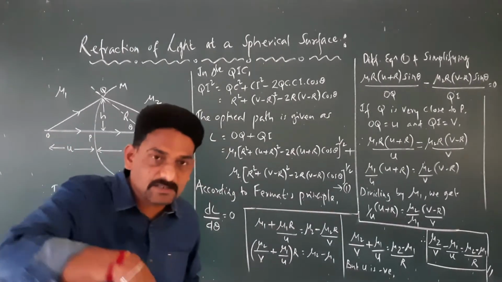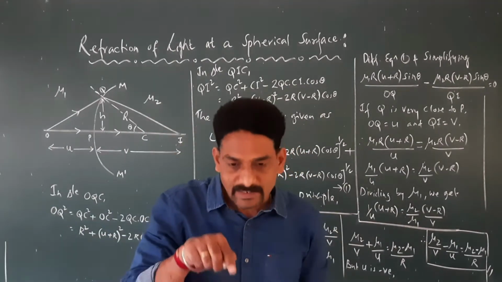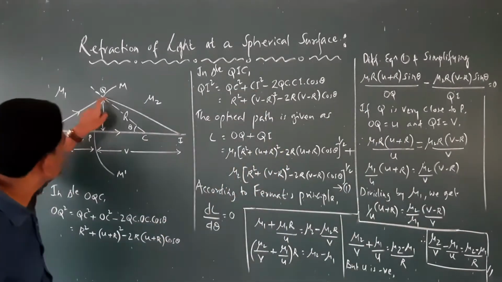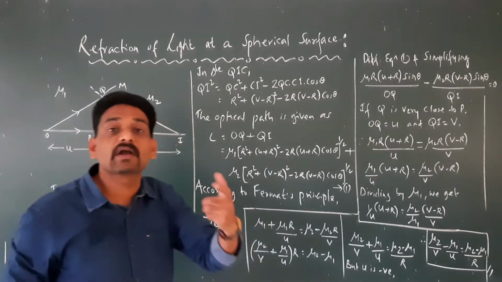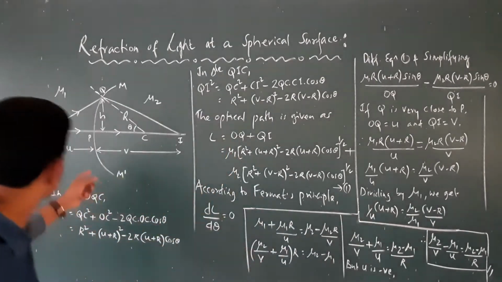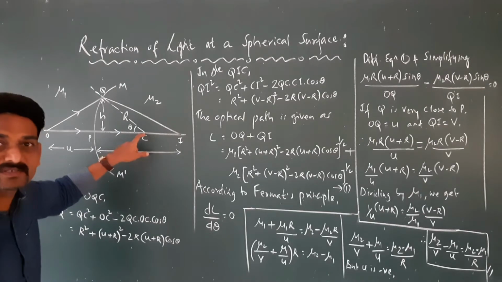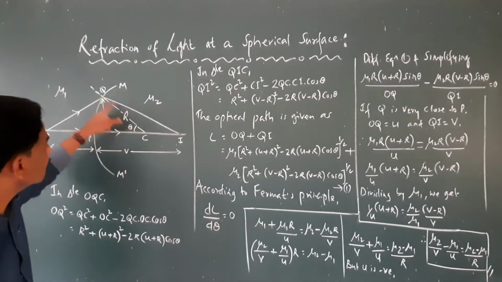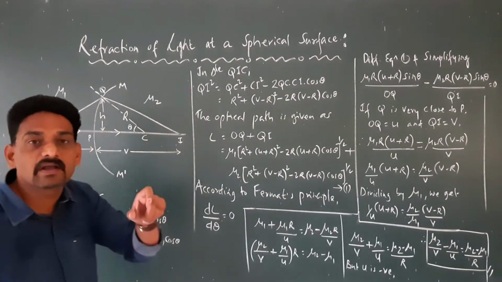Then if you have a sphere and a center, it also has a radius. This becomes the radius. What is R? R is known as the radius of curvature. We expand this, we get a sphere which has a center known as C, the center of curvature. That sphere has a radius known as R, the radius of curvature.